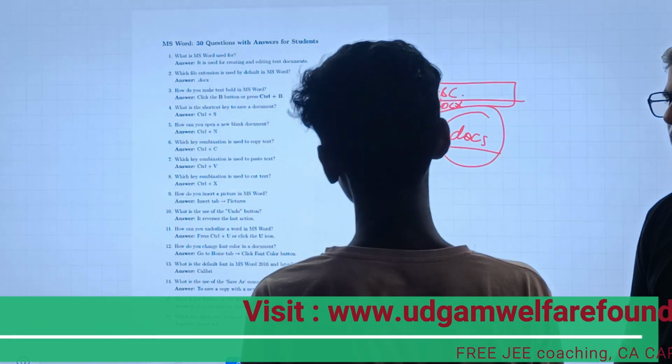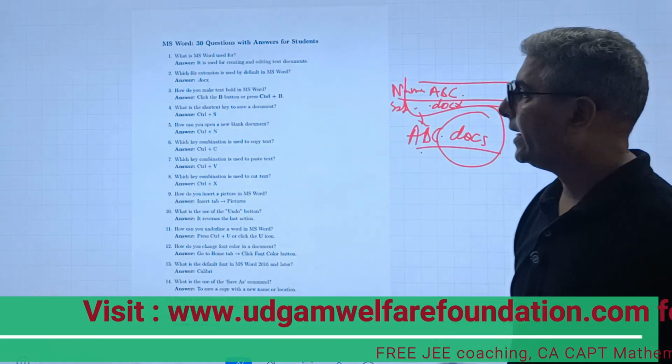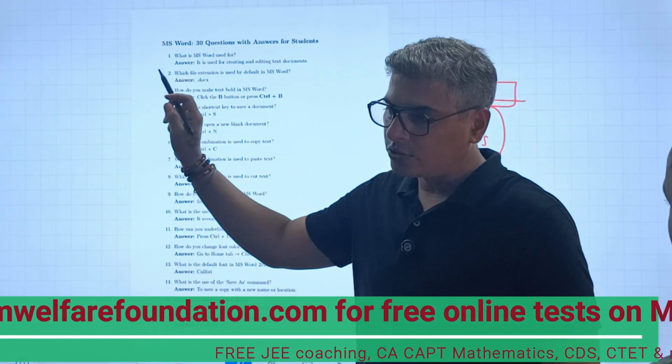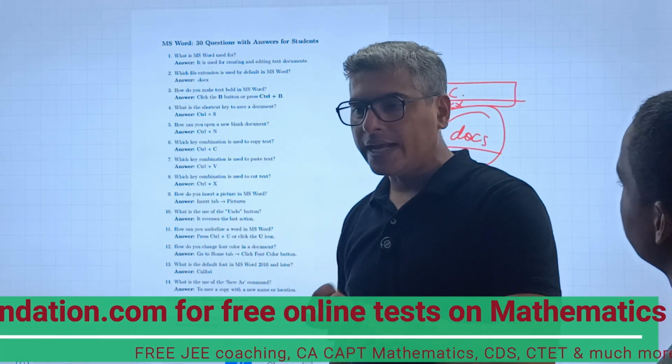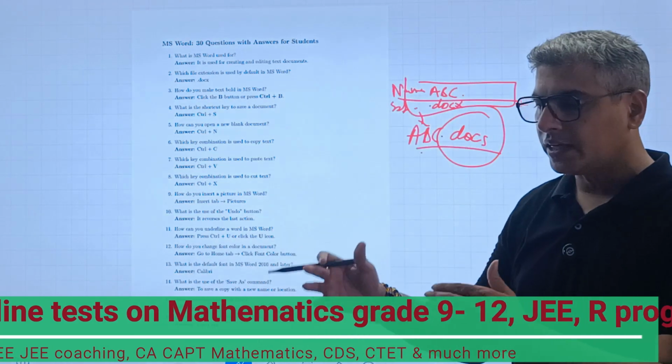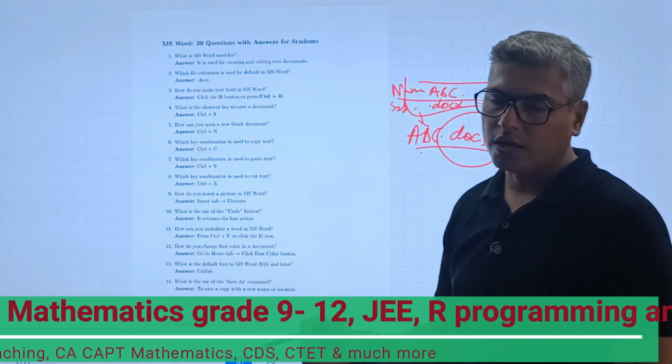Next. What is the shortcut key to save a document? Ctrl+S. ठीक है, सेव करने के लिए या तो आप जाओगे ऊपर, जैसे मैंने बताया, सेव फाइल में जाओगे तो सेव एज का ऑप्शन आता है, तो एक तरीका वो है, या आप Ctrl+S मारोगे तो वो पूछेगा सेम, आपको नाम देना फाइल का। अगर आपने काम करते करते सेव करना है तो Ctrl+S प्रेस करना होगा।